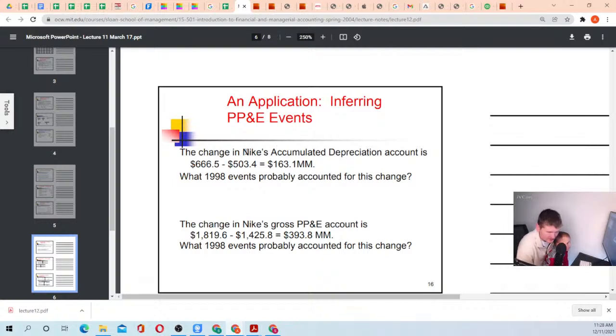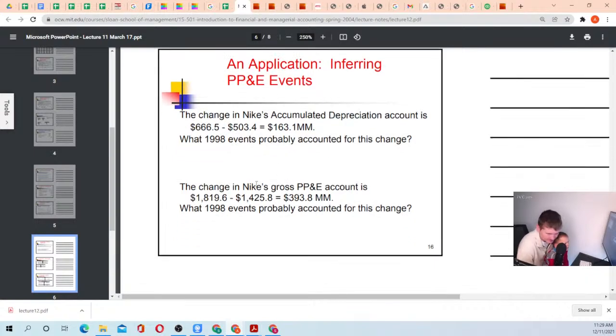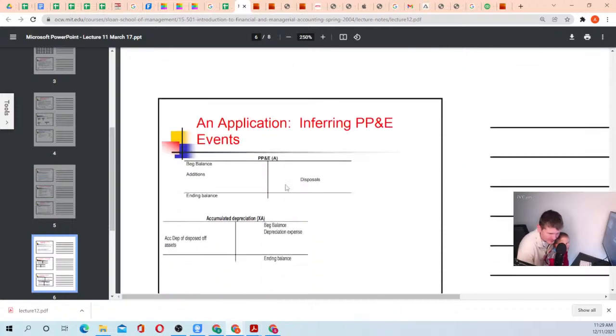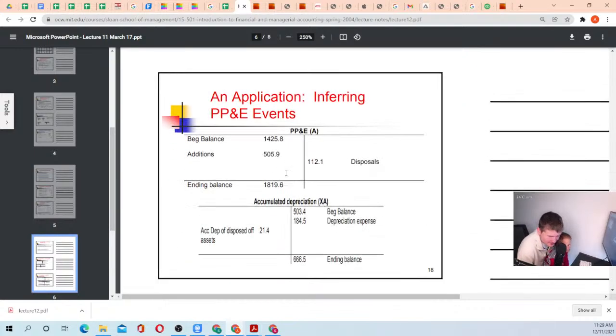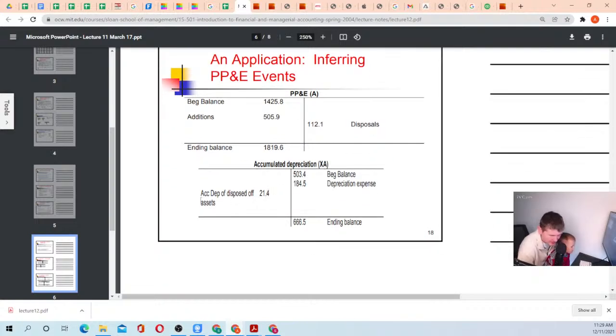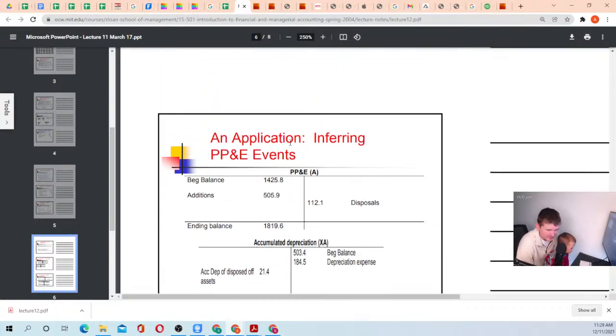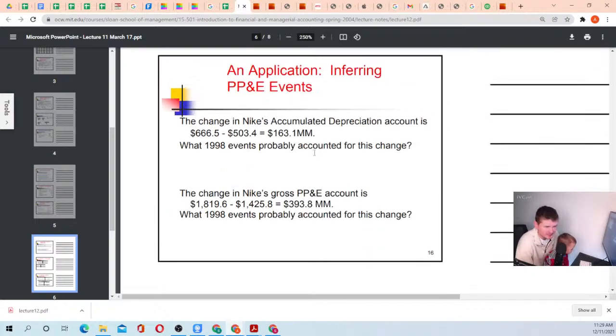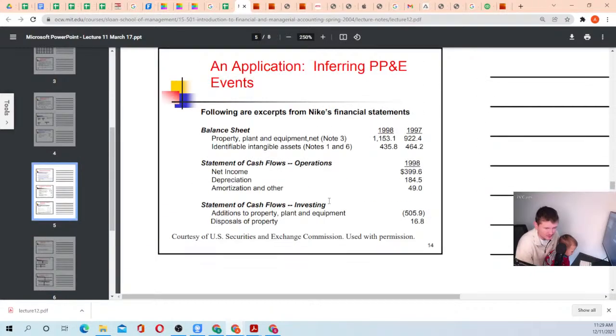So they basically say that if we calculate the change in accumulated depreciation, let's see if they have answers here. Okay, PP&E accumulated depreciation. So what they are trying to say here is that from that information, we can figure out